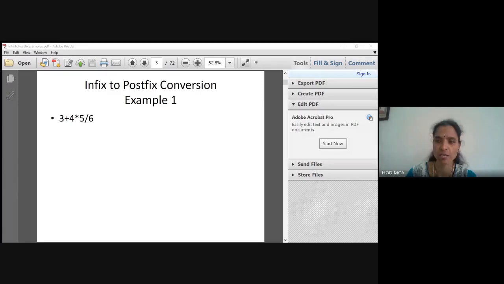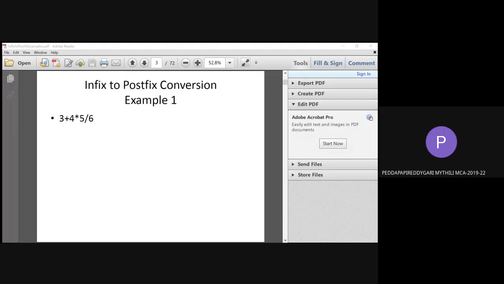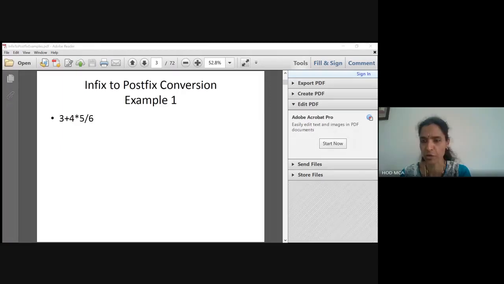3, 4, 5 star 6 slash plus. Is that the answer? 3, 4, 5 star 6 slash plus. Bhavisha is giving a different answer, looks like. Which is right, which is wrong? Let us see. Good. Many of you are doing it, I appreciate. Quick, others, I'm waiting for your answers.